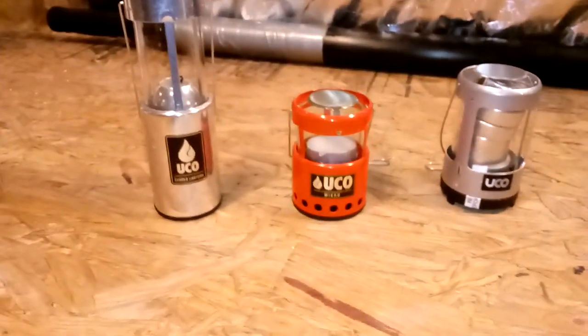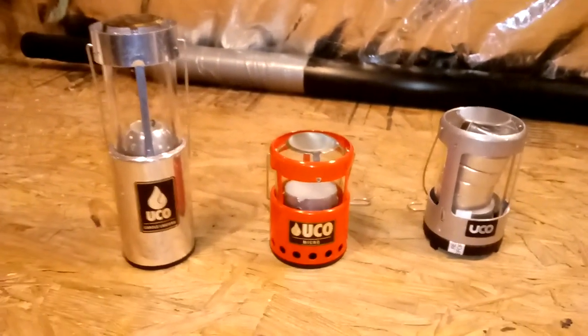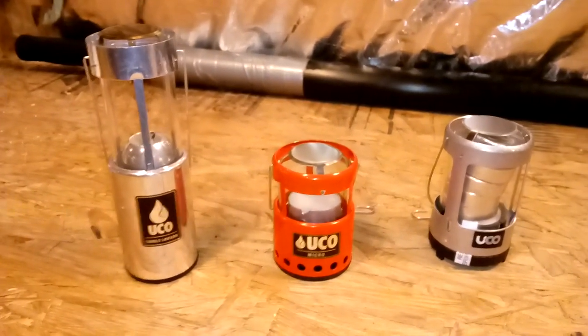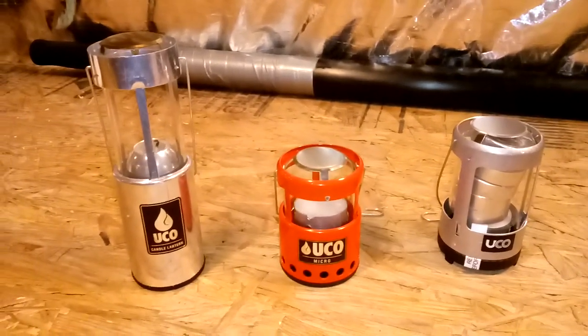Got some UCO or UCO, I don't know which it is. Candle lanterns. I love these things. I have these mainly for emergency use. The really only two reasons I use them are if I'm camping, you put them in a